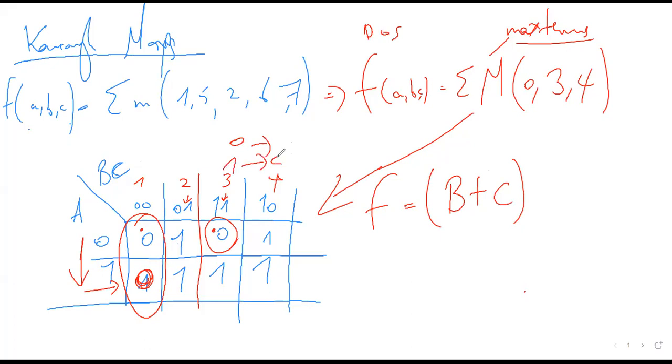A 1 is complemented. It's sort of the vice versa of the sum of products. So a 0, we no longer put a bar on top of it. It remains like this. B plus C from here. This is where it remains constant, BC. How do we represent it here? Is B plus C is a product of